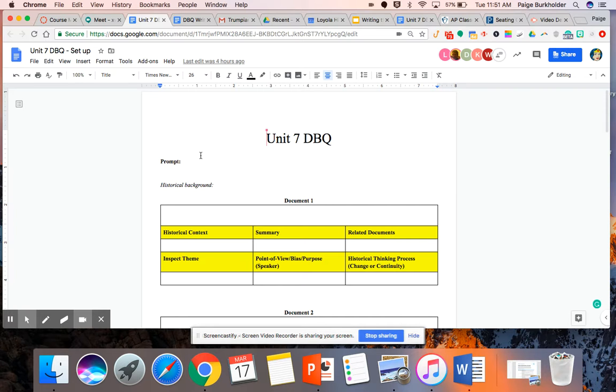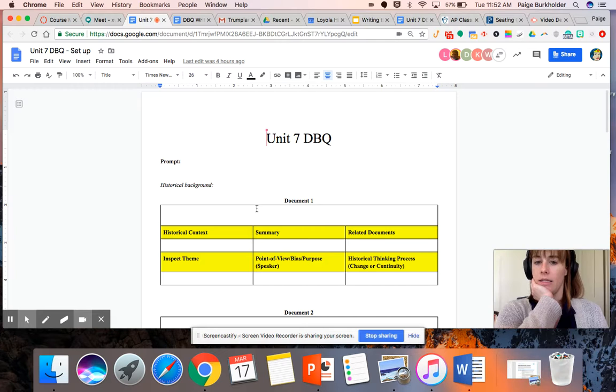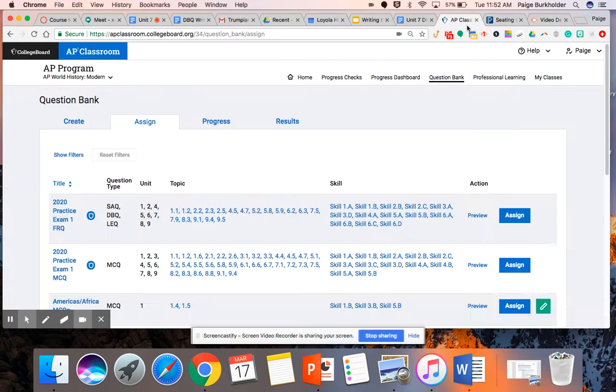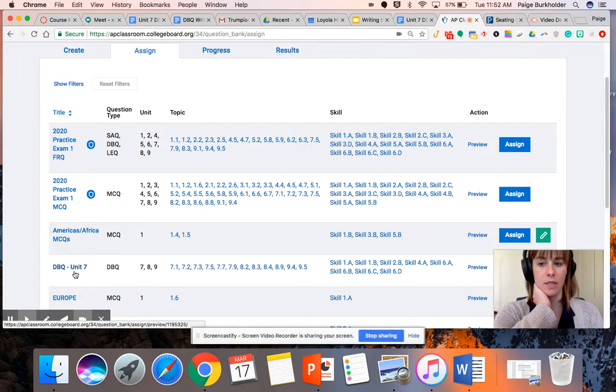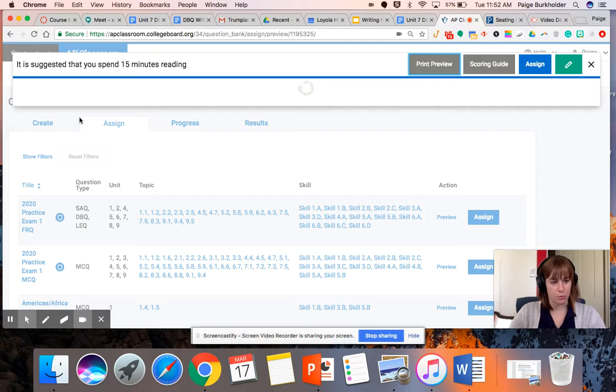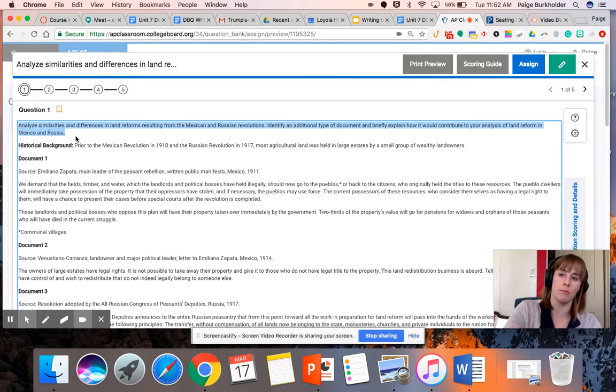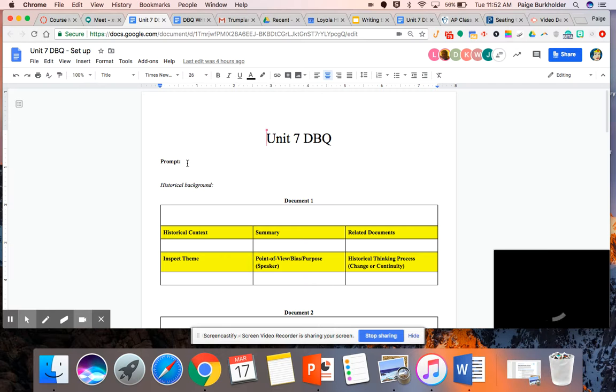Okay. So I have this Unit 7 DBQ set up. I put this under modules, this document analysis template. And this is to help you guys when you are doing your DBQ. I have assigned to you guys this DBQ Unit 7 on the AP Classroom dashboard. And when you guys are at home tonight and you're looking through all 5 options, you're going to pick one. And ideally, what you would do is some copying and pasting into this template